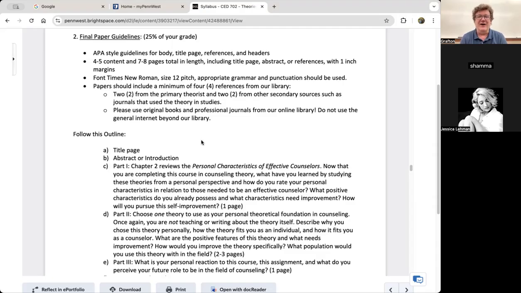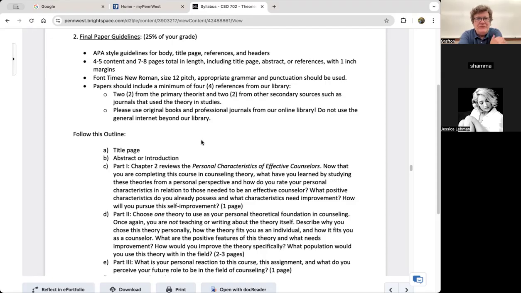Okay. So if you're counting the title page, the abstract, and the references, it's 7 to 8 pages. Content pages beyond that, 4 to 5 pages. So if you really think about it, you're only writing 4 or 5 pages for this, so it really shouldn't be that stressful. I think it should be fine.